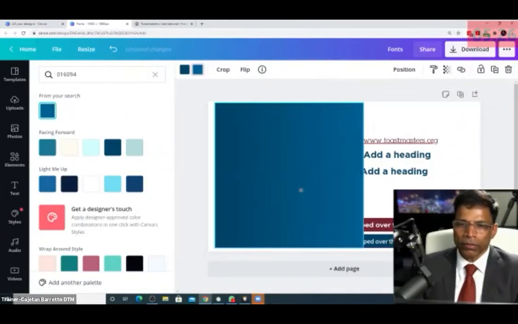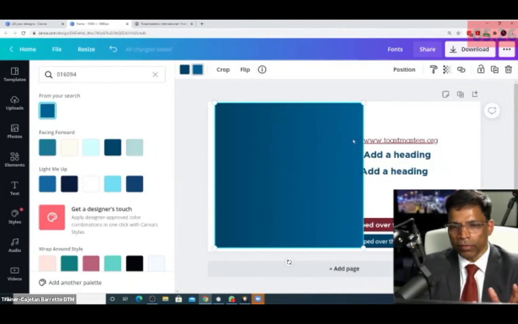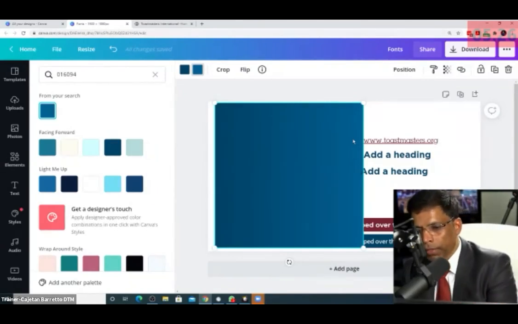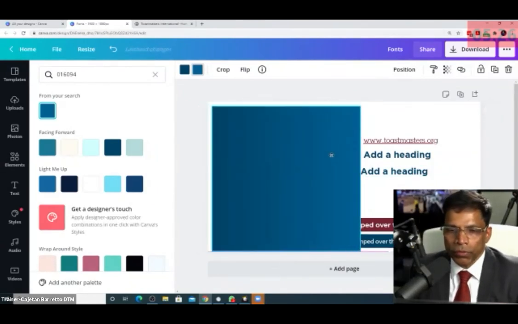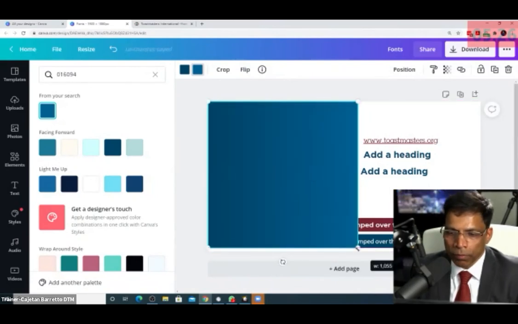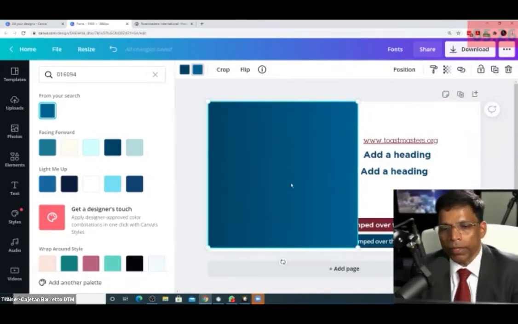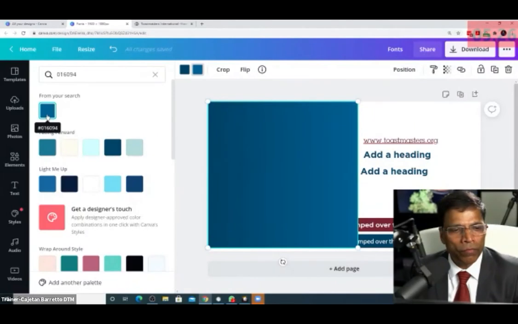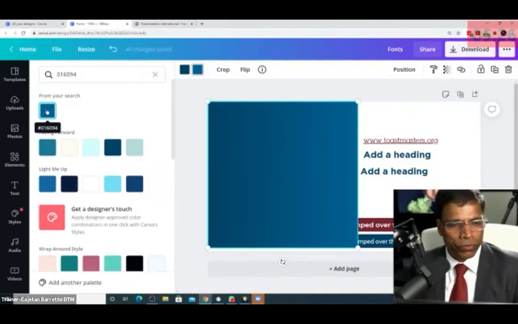It looks like slightly dark blue to slightly light blue. And this could be used as one of the design elements in your poster. That's the only gradient that we are allowed to use, a mixture of these two colors, 004165 and this color, which is 016094.